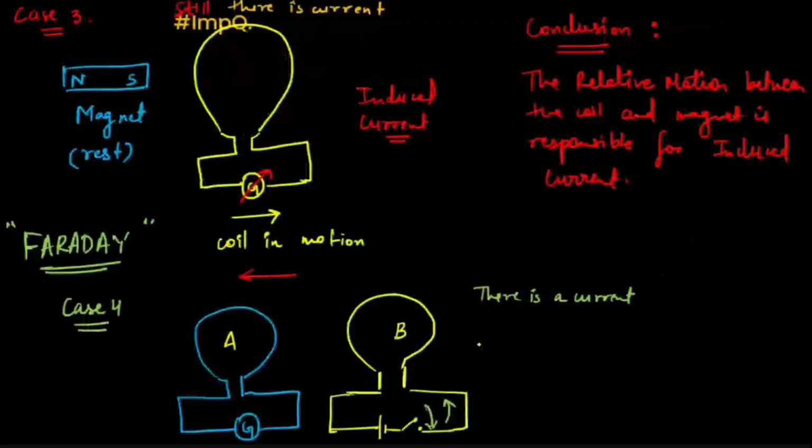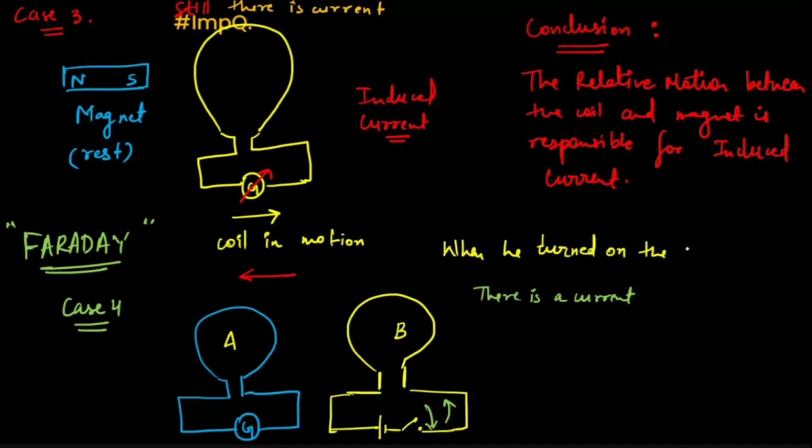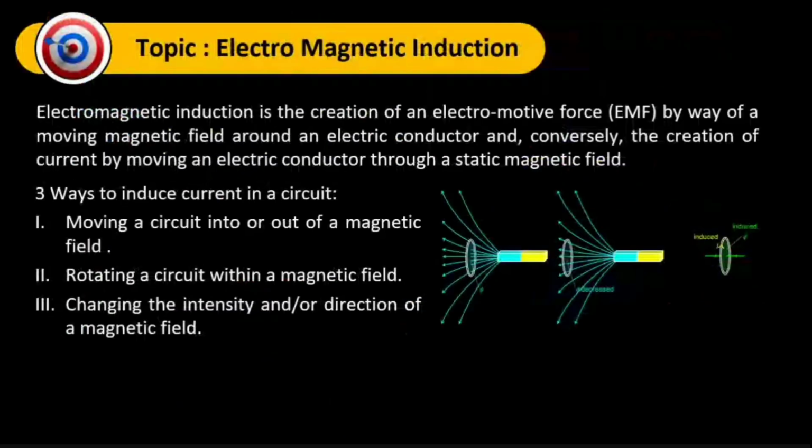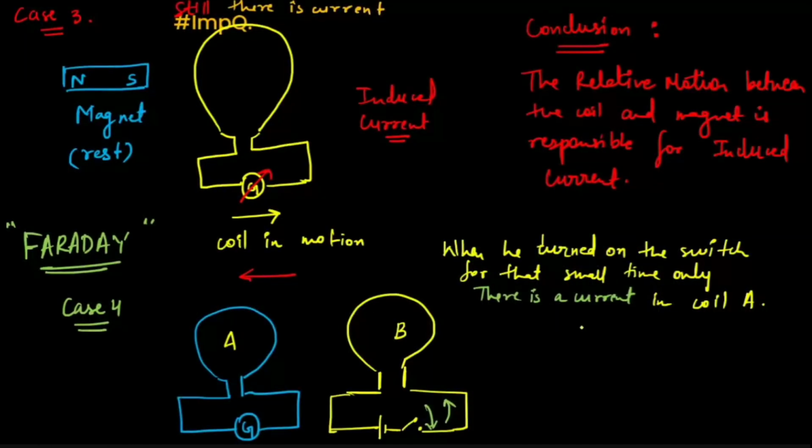So when he turned on the switch, for that small time, there is a current in the coil A. What is going on? So what he did is he simply saw that when he turned on the switch of the coil B,